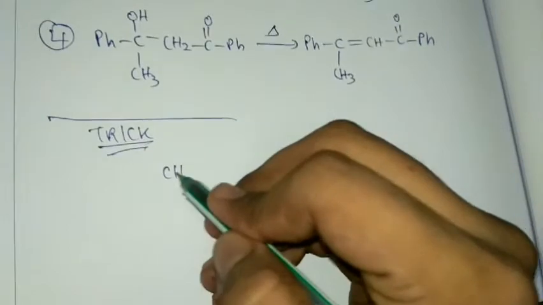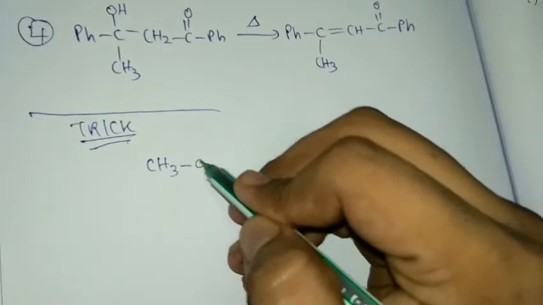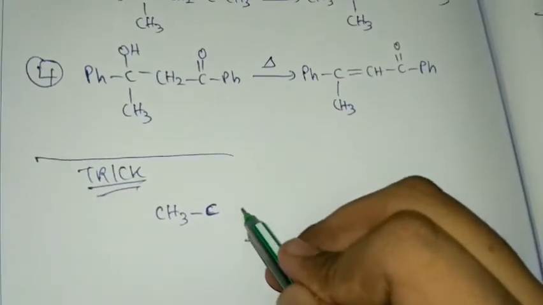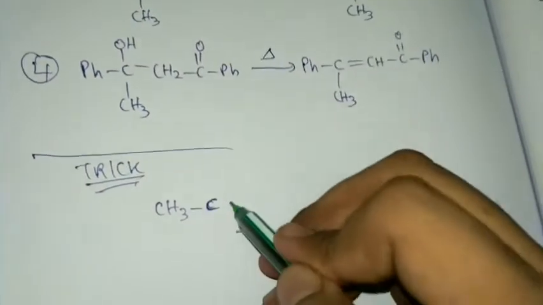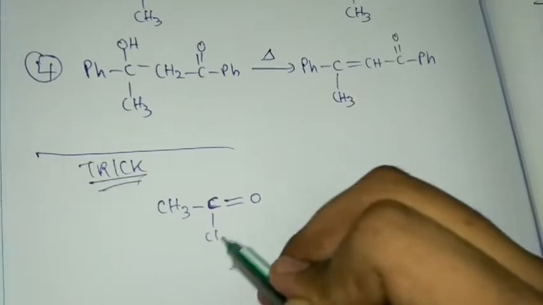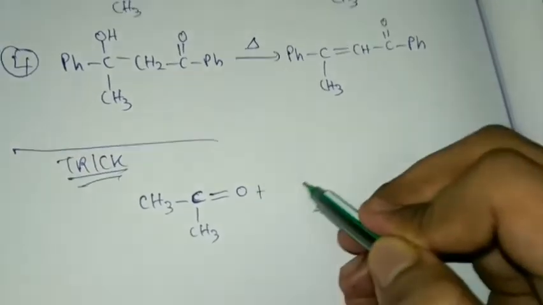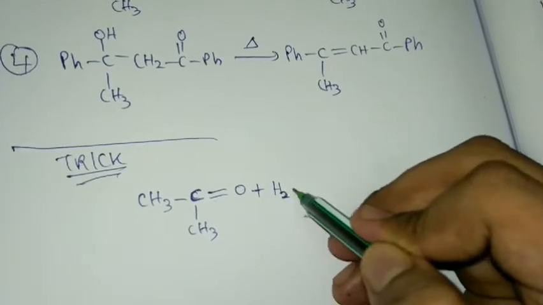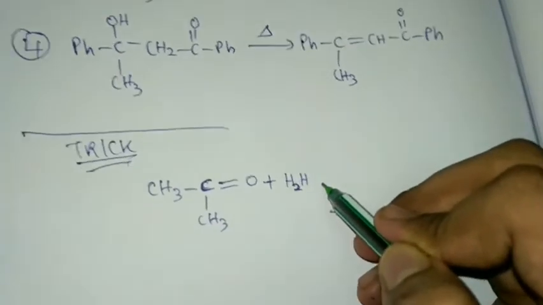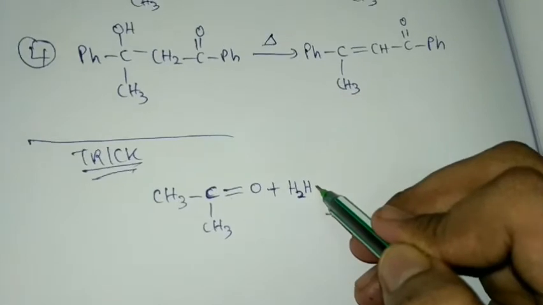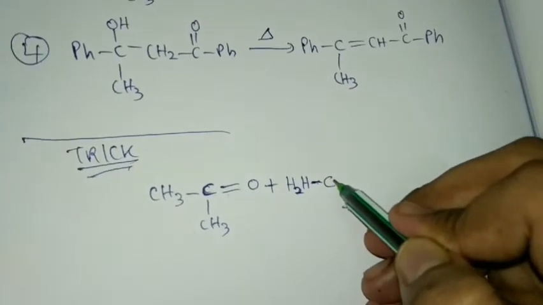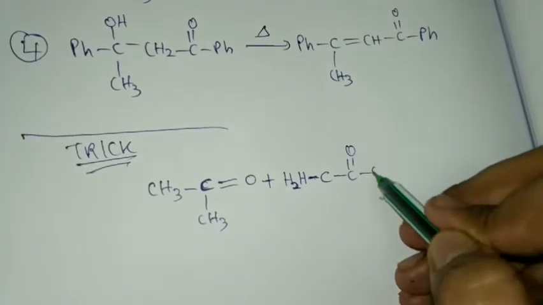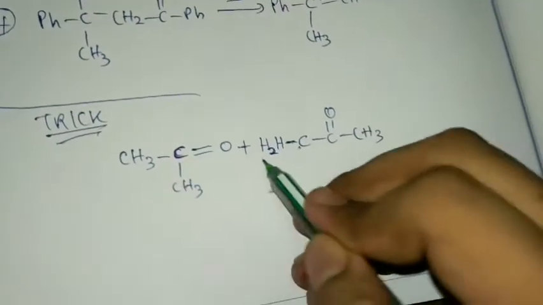I'll say in general, if you take CH3 C, for example, I'll take CH3 C double bond O CH3. Okay, I will write it in a different fashion over here. H2. This does not exist like this. I'm just saying it for convenience. Okay. CH3 C double bond O CH3. Same thing, right? CH3 C double bond CH3.